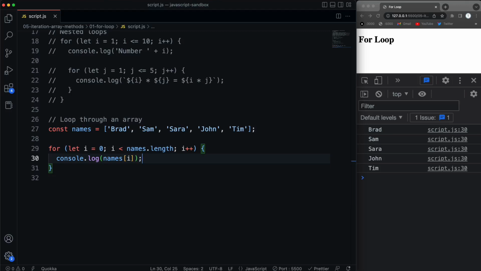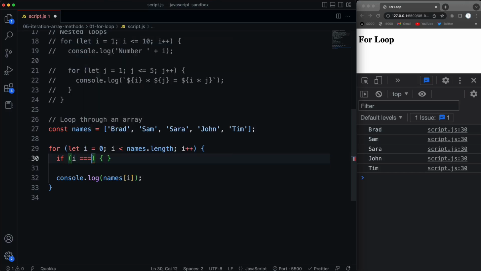Now those of you that are just learning this for the first time, I want you to try a little challenge. So pick a name here, let's say Sarah, and instead of just printing Sarah, have it print Sarah is the best. So if you want to pause the video and try that out, you can do that now. But basically all we have to do, there's a few ways we could do it. If we know the index, which we do, we know Sarah is in the